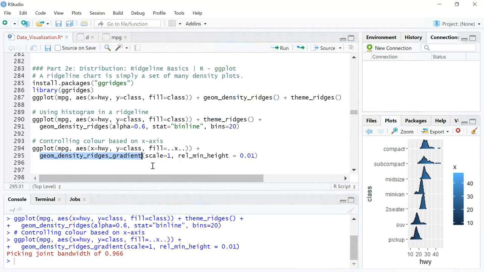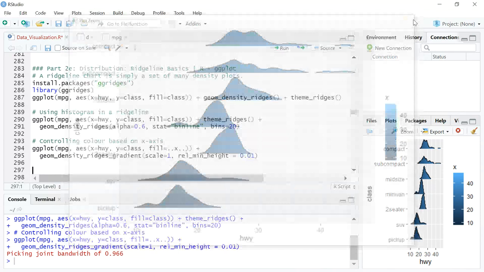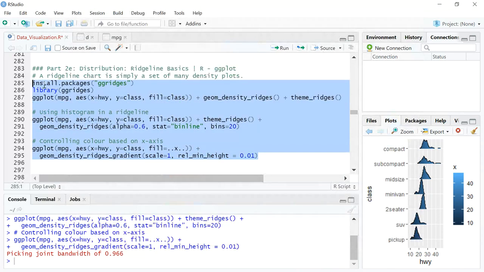This is the function that will help it understand that you need to pass on that x variable as your gradient fill. And you're just going to pass standard arguments like scale is equal to 1 and height is equal to 0.01. You can play around with these two numbers; this is just the scale and height that determines how you plot this graph. I hope you would want to try this out yourself and play around with these numbers so that you could understand this far better.